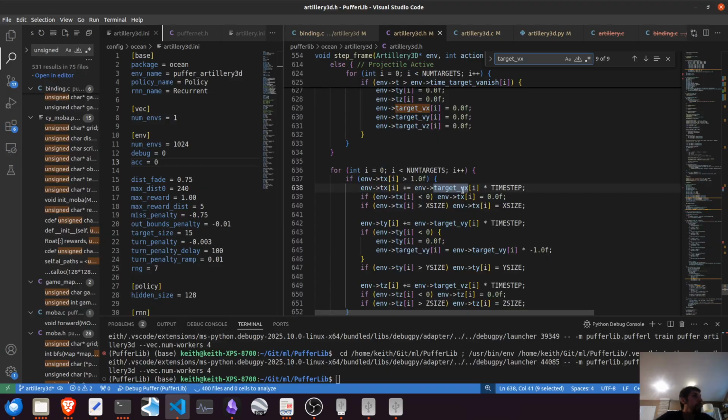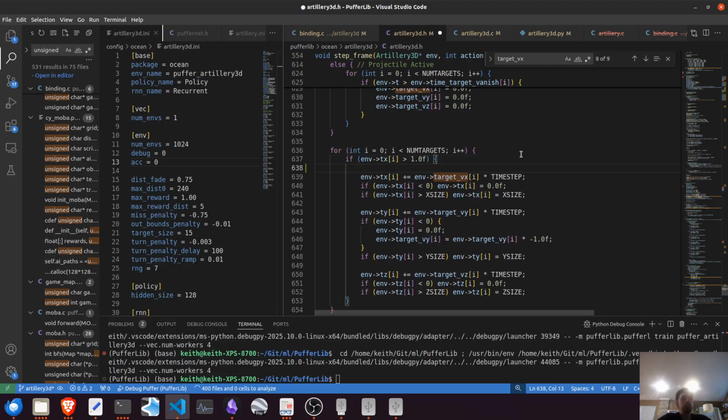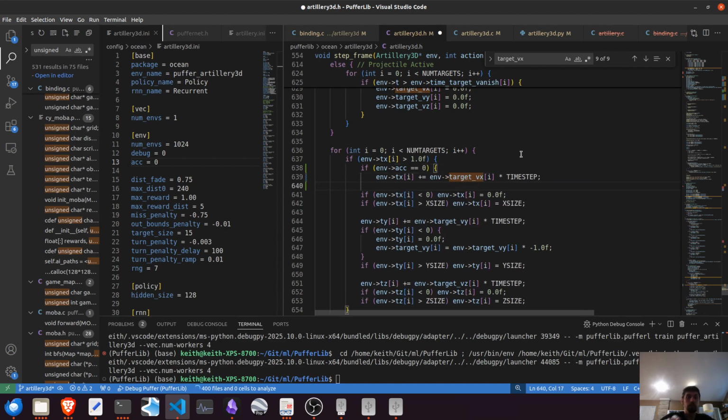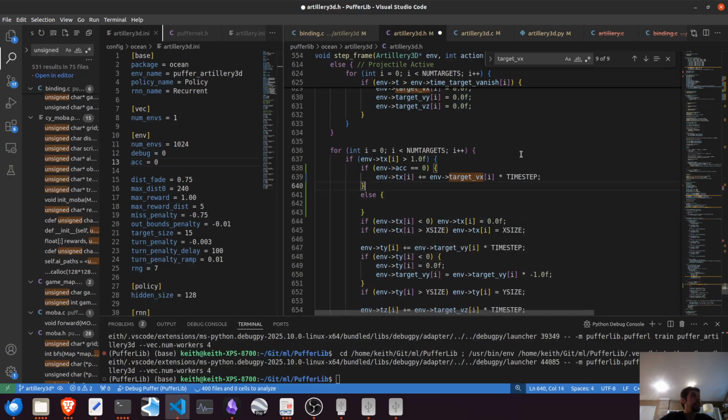Here is where it's calculating position. Okay, so now I'm going to have, oh, this is going to be a bunch of nested ifs, isn't it? TX, TY, TZ. I'm just going to go with if, env, ac, 0, okay, something like that. And then I'll just do else, and then take this,